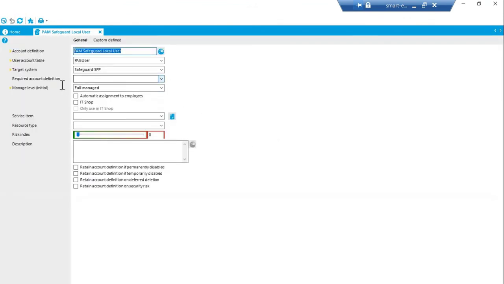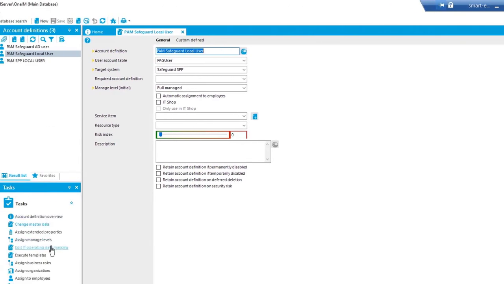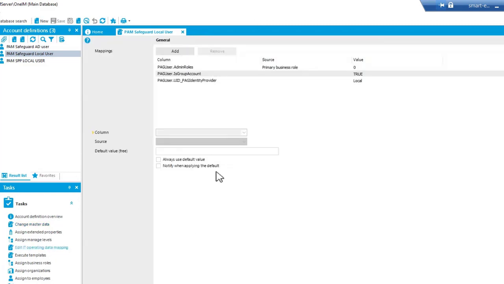The account definition itself, if I open that one up, obviously talks about what kind of target system it is, and of course it is the Safeguard SPP in this particular case. I also said that the managed level is going to be fully managed. Very important here is, of course, the ability to edit the IT operating data mapping. So if I look at that, what I've done here,